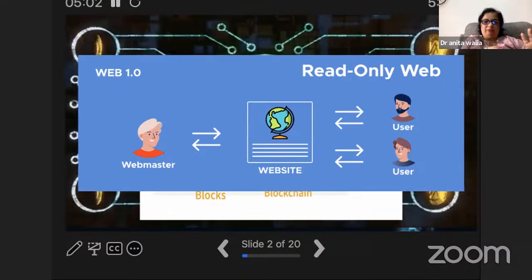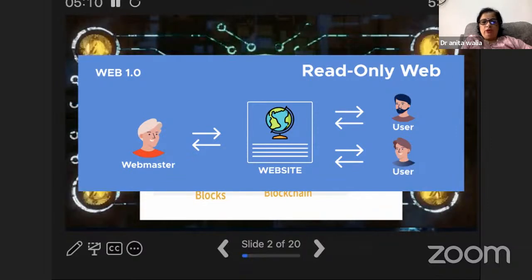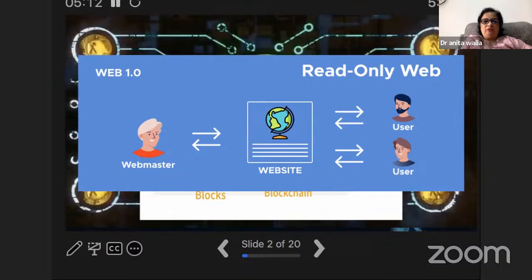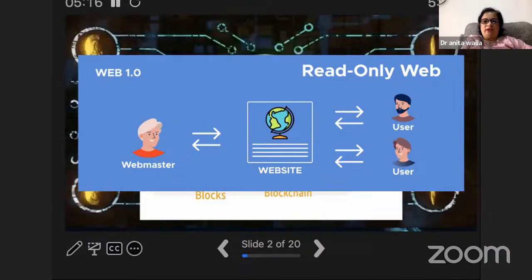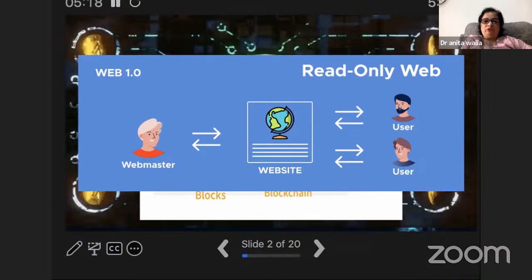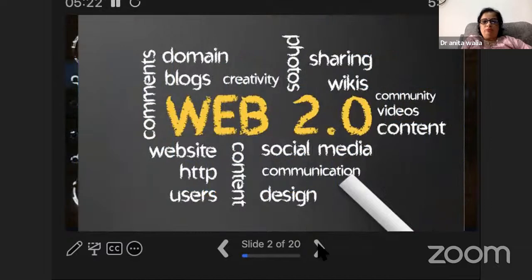So it was a static website in Web 1.0. We consider the Web 1.0 era to be between the 90s and 2004. Till then we had a static web with one-way communication, and everything was very static, no interactive web, as we normally say. Then after 2004, from 2005 onwards, came the Web 2.0 era, where the social networking